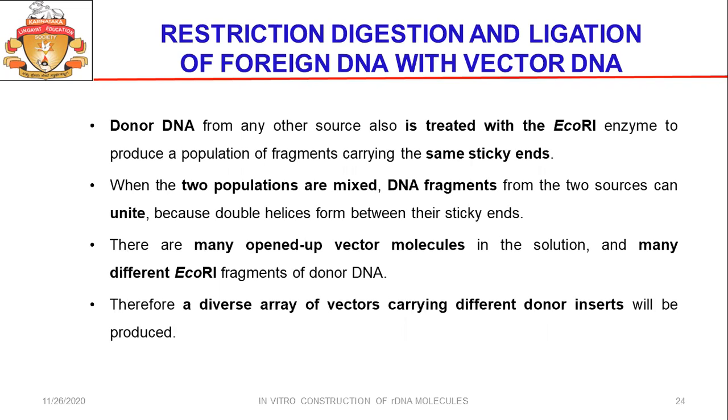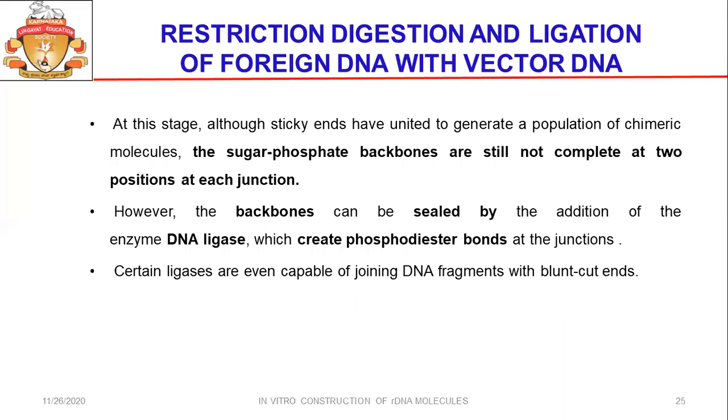Now, when the two populations are mixed, the DNA fragments from the two sources can unite, they join, because they have double helices and they form sticky ends. There are many opened up vector molecules and different fragments are formed. So we can see a diverse array of vectors carrying different donor inserts in the mixture. At this stage, although sticky ends have united to generate a population of chimeric molecules, the sugar phosphate bonds are